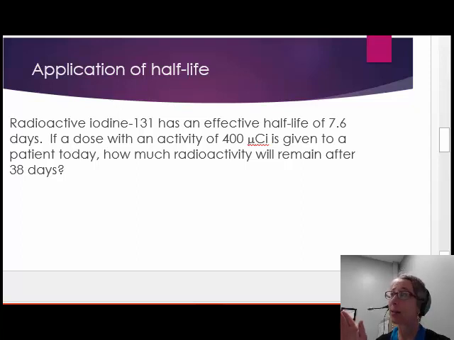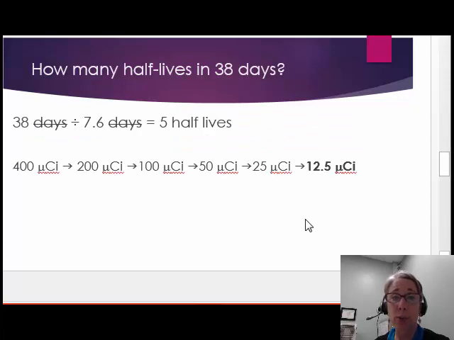Let's take a look at this sample problem. Radioactive iodine 131 has an effective half-life of 7.6 days. If a dose with an activity of 400 microcuries is given to a patient today, how much radioactivity will remain after 38 days? The first thing we want to do is to determine if 38 days is a multiple of